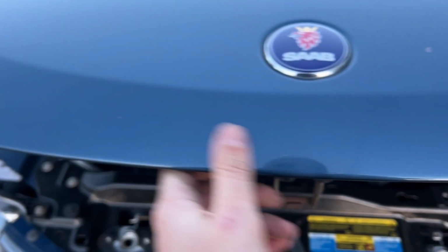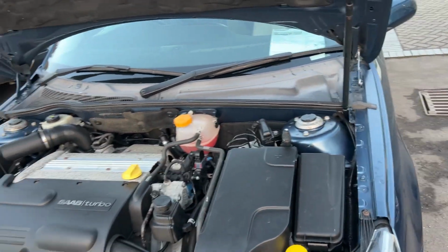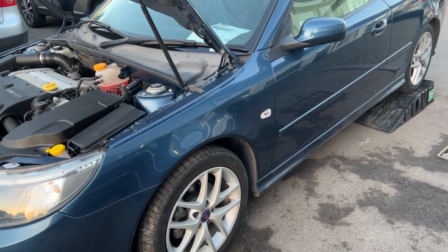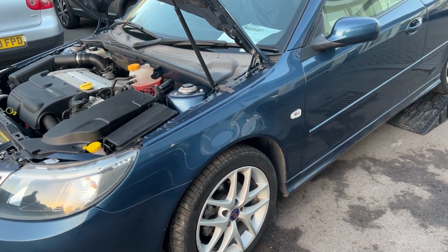The bonnet is good. You have a few marks around here, and a few light scratches and light marks of stone chips. That's pretty much the vehicle. I'm going to go for the road test now, and the rest of it, like I said, will be in the